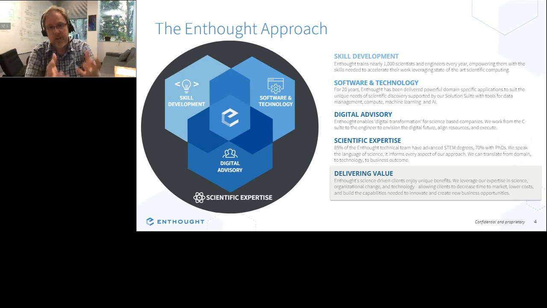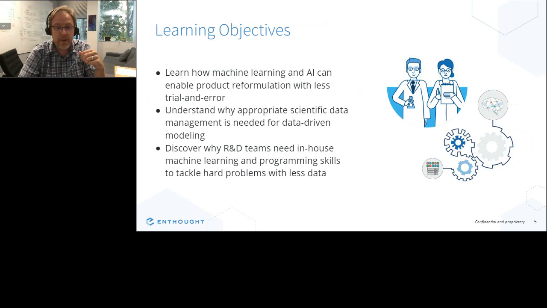We're bringing this approach to the problem of consumer products reformulation and talking about that with you today. Now, reformulation is one of the major use cases for machine learning in this industry and other materials industries. Machine learning in general is becoming widely used across materials and chemistry, but the innovation is still rapidly changing and it's far from over. Our approach is to bring up the skills and tool use within the clients that we work with,